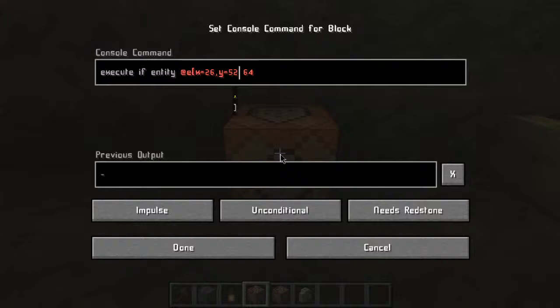We'll find out soon. So x equals, y equals, z equals, and then what you have to do,